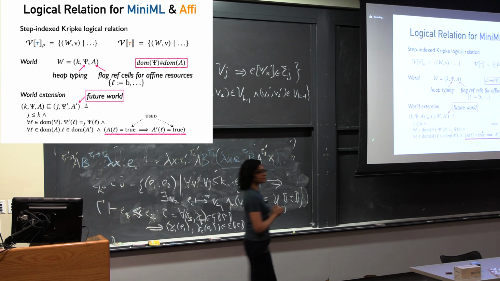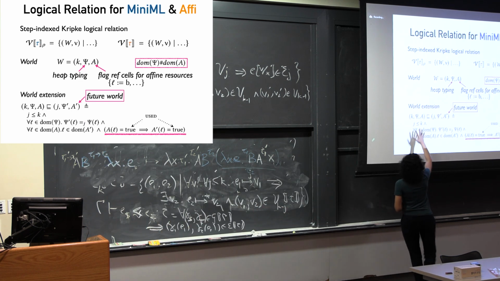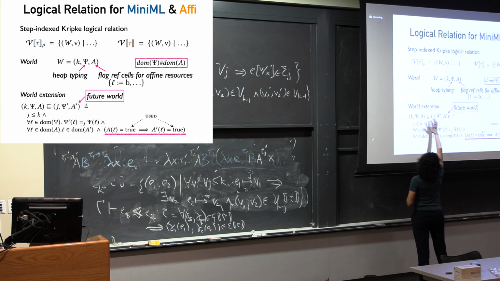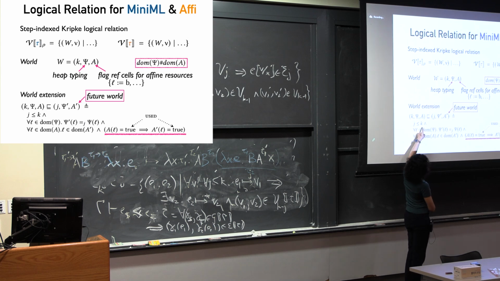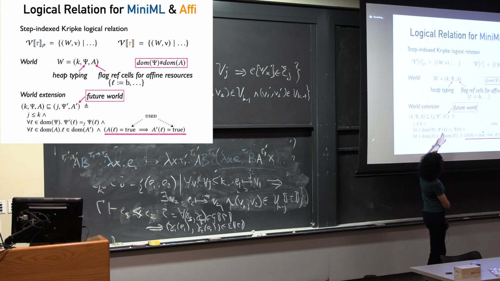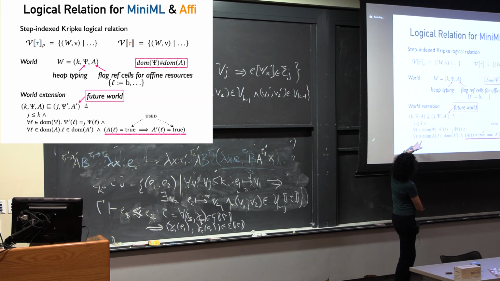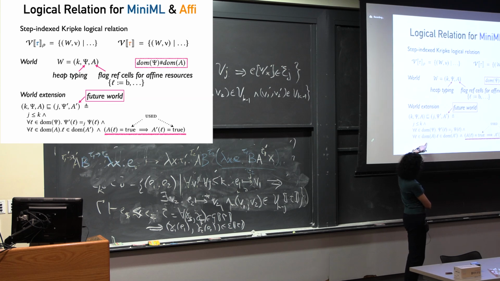Here's world extension. I can go from a current k, ψ, A to a future j, ψ', A' if the following holds. If j is less than or equal to k, just like yesterday, if for all the locations in my current domain ψ, ψ' of L is equal to ψ of L to approximation j, I'm just using prettier notation than yesterday, and the third condition, which is novel to this particular application, for every single location in my current A, it better be the case that,